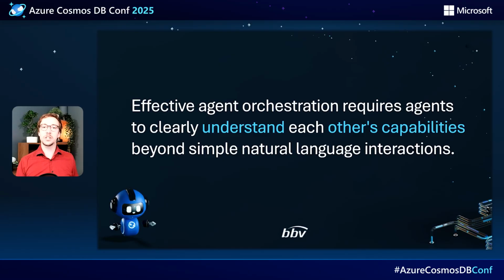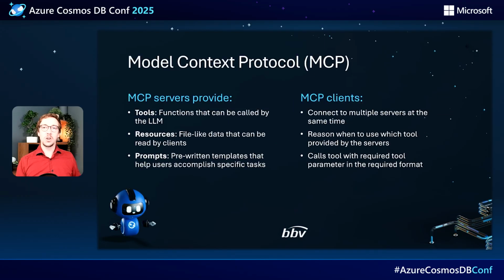For example, an agent needs to know about the capabilities of the other agents. To illustrate how this can be managed efficiently, let's take a look at the Model Context Protocol proposed by Anthropic. This protocol uses servers and clients. Servers provide information like data, for example, weather data or company policies or news, and they can also execute actions. Clients, typically large language models or LLM-powered applications, perform tasks requiring this data from the servers.